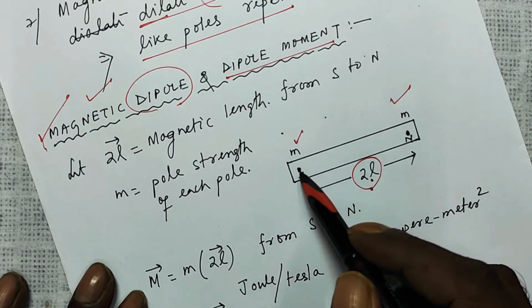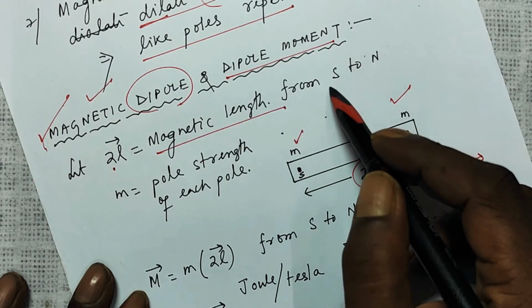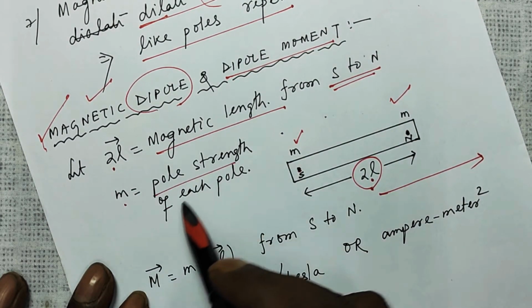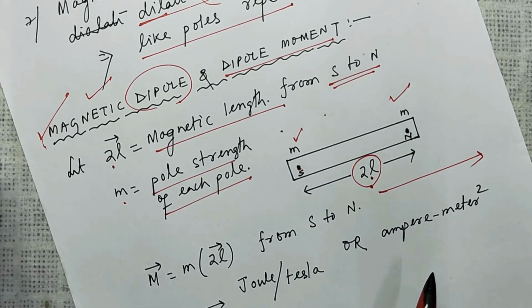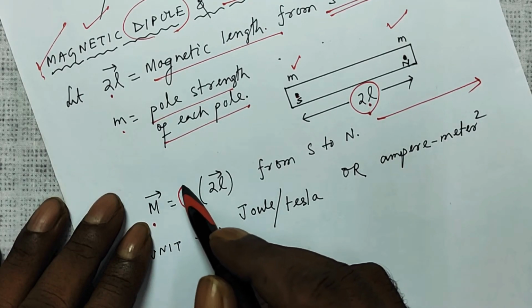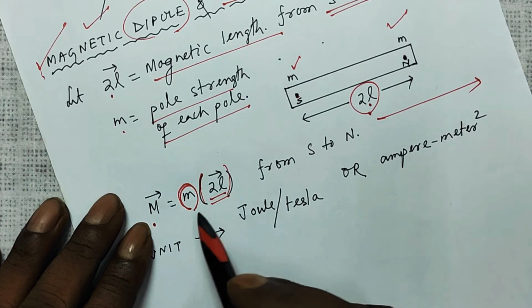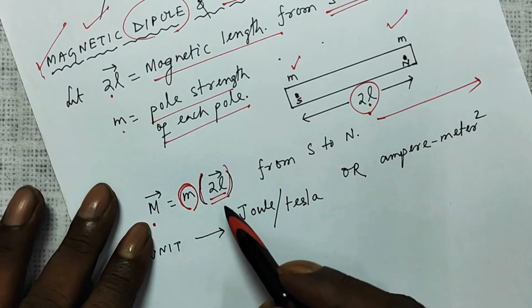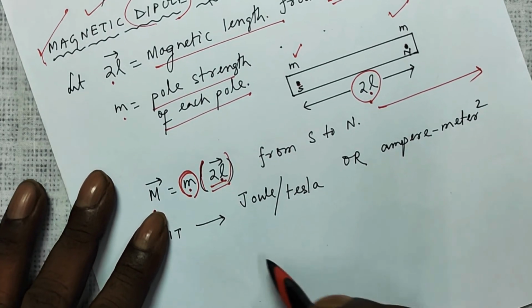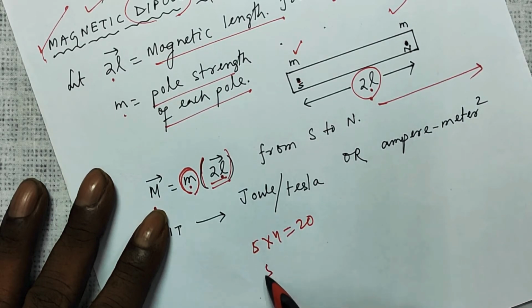2L is a vector quantity pointing from south to north, to this side. 2L is called the magnetic length, pointing from south to north of the bar magnet. m is the pole strength of each pole. Then a quantity called M, capital M, is defined as the pole strength and its product with 2L. Look, I'm using the word product, not multiplication, because this is not a number. You can only multiply numbers. 5 into 4 is 20, but you cannot say 5 into